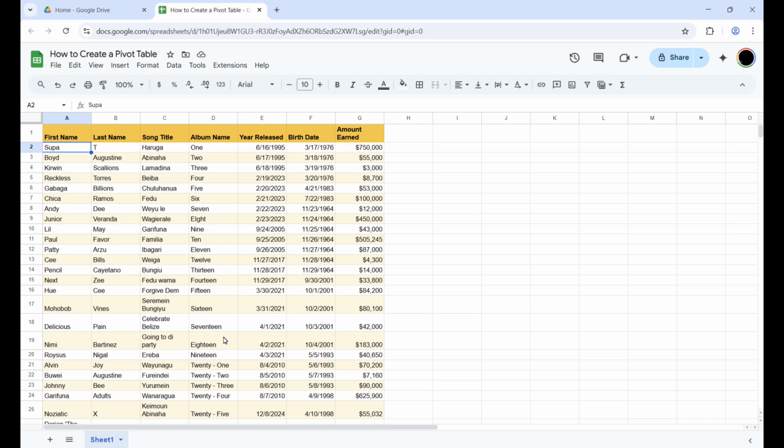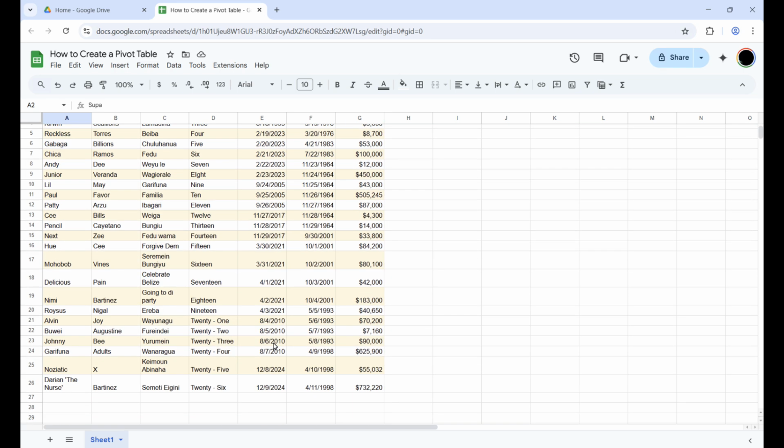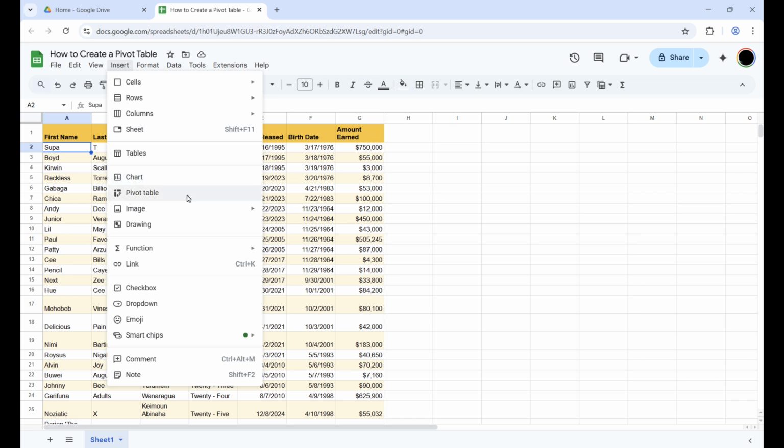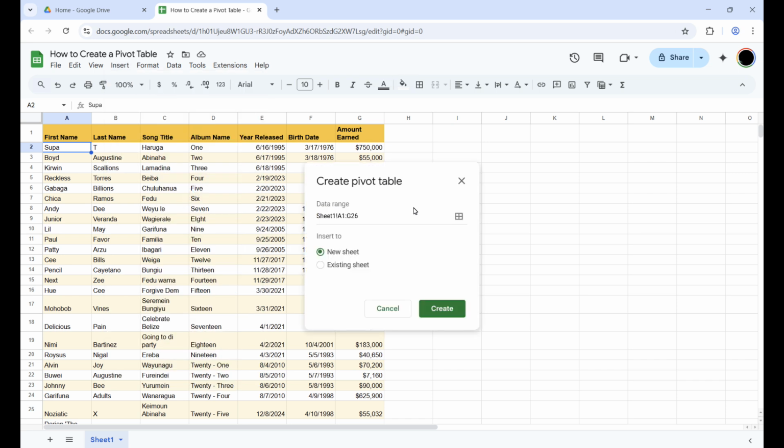So when you have data in a spreadsheet and you want to create a pivot table, the first thing you do is go to File. Actually, you go to Insert, click on Pivot Table, and then as you can see, this window pops up that says Create a Pivot Table, and it shows you the data range from,